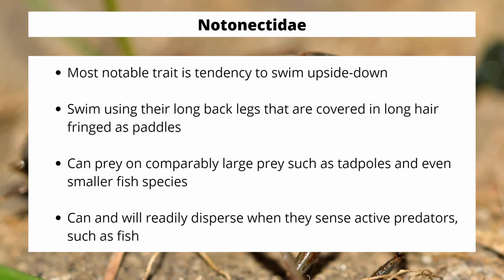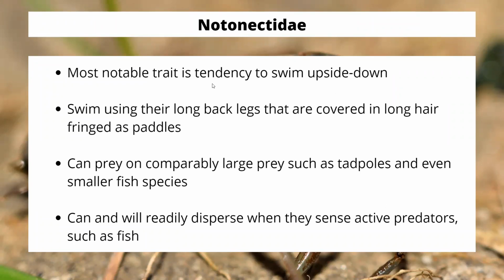So if you typically get back swimmers and you see them disperse, that's going to give you a really good idea that many of them may have detected a predator, or maybe their food source has run out. So not only can you use E, P, and T to help you figure out what's going on in water, you can also use these other species too, because our predators are going to be reliant on their food sources. And if those sources disappear, then so will they.